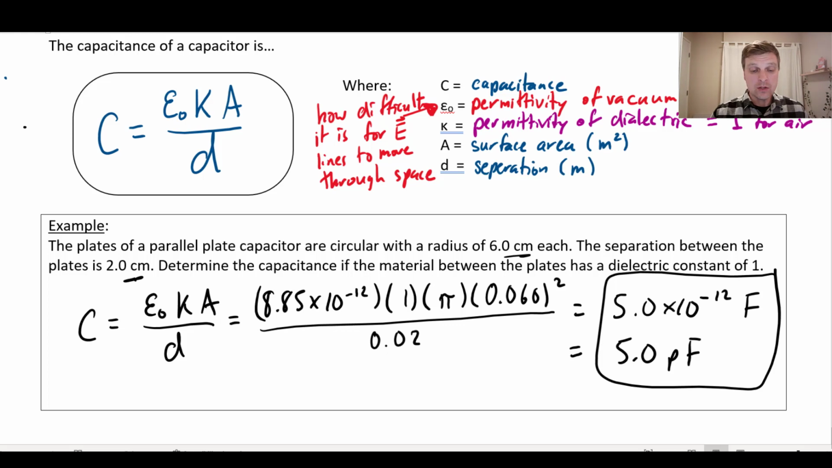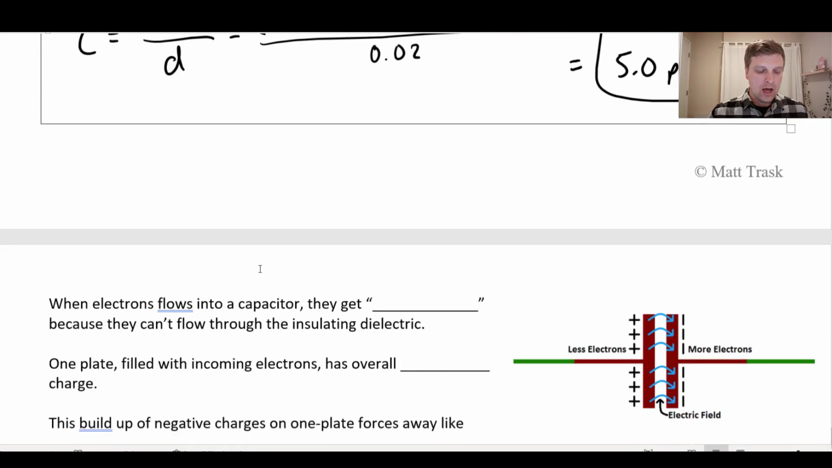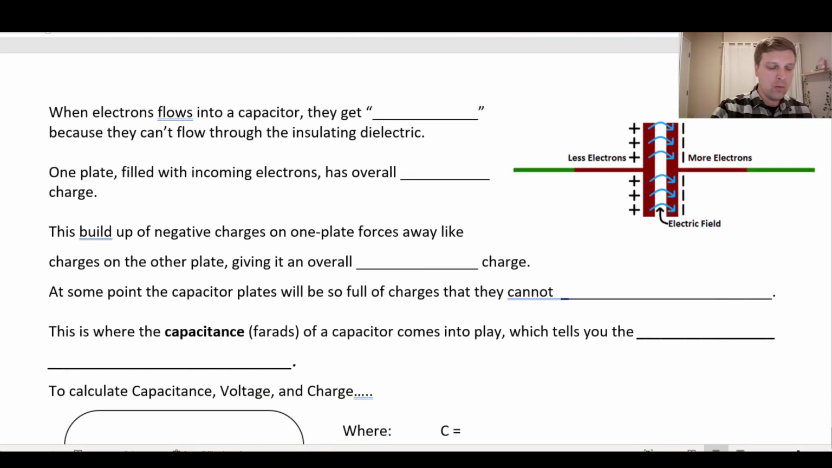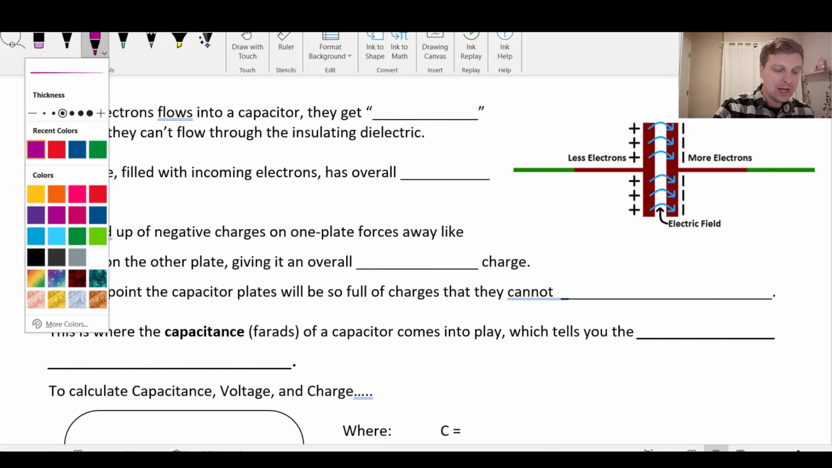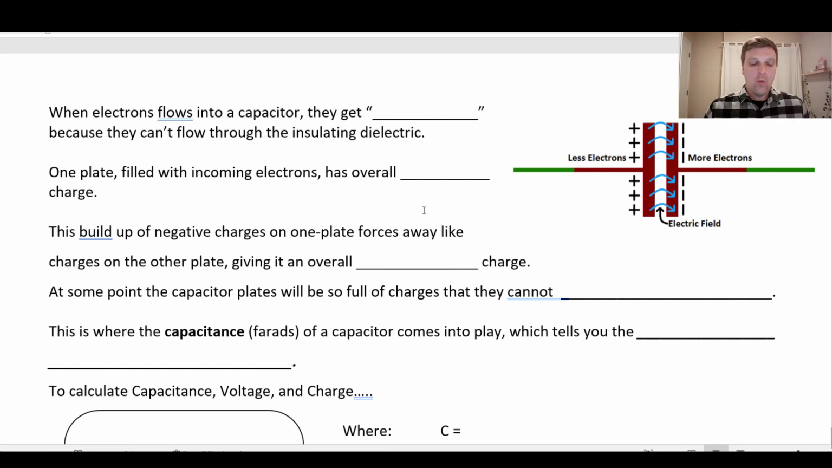Okay. So, good stuff. We kind of know how capacitors are made and what affects their capacitance. Let's just talk a little bit about what's going on when we actually connect them. So when electrons flow into the capacitor, like we said, they kind of get stuck. And I'll use that term stuck because there's nowhere else for them to go, and they can't jump through the dielectric. So it's really important that as the electrons pile onto the oncoming plate, it has an overall negative charge,